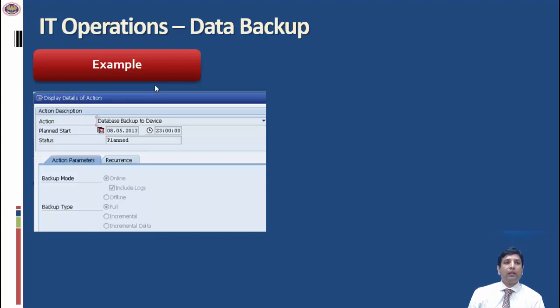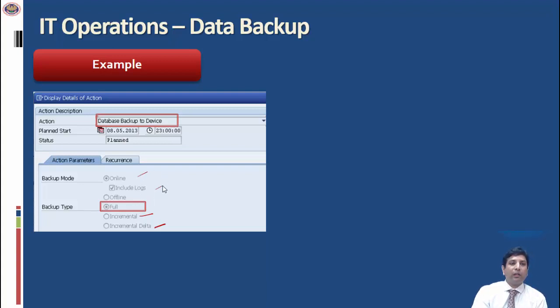So here we can see that the database backup has been configured to a particular device, and the type of backup is a full backup. There are other types of backups like the incremental backup or the delta backup. So the ideal way to take a backup is a full backup, and it includes the online and also the